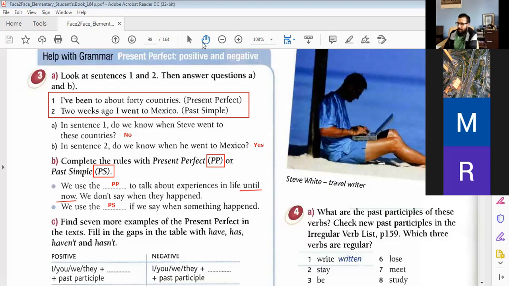الشيء اللي حنركزوا عليه بخصوص البريزنت بيرفكت أو شنو هو الأشياء المختلفة بينه وبين الباست سيمبل، أن النقطة الأولى نستعملوه للتكلم على تجارب الحياة اللي هي experiences in life until now. هي هذه النقطة باختصار، الأشياء اللي الشخص اختبرها في حياته لحد الآن. have you been to Italy؟ مثلا سؤال have you ever اللي هو عادة هذا سؤال يعتبر بالpresent perfect، يعني مثلا في اللغة الإنجليزية لو شخص مثلا تعرفتوا عليه في اجتماع عمل، في أي مناسبة اجتماعية، مثلا نفتح موضوع السفر والسياحة، فحيسألك حيقول لك have you ever been to، ويسمي لك بلد مثلا have you ever been to the UK؟ يعني هذه ترجمتها لو مترجمها بالعربي مش معناها هل ذهبت إلى بريطانيا، لا، ترجمتها هل عمرك مشيت لبريطانيا؟